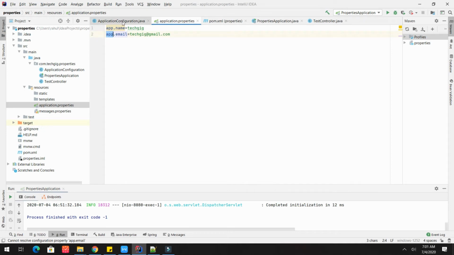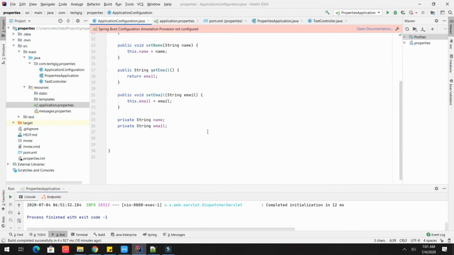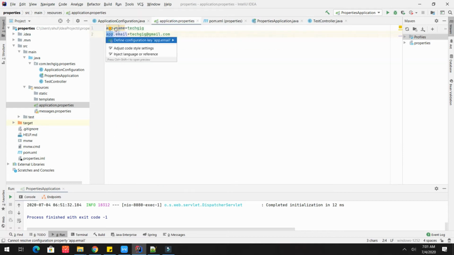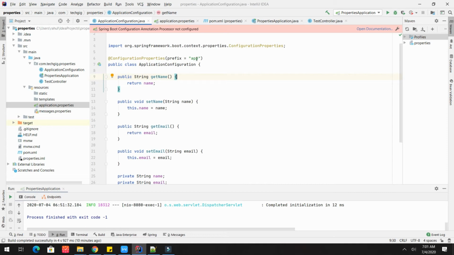After that, everything will be loaded with this particular name, or via the getter and setter. Your app.name is mapped to it. Once you have this mapping configured, it will be called with the help of the app properties.